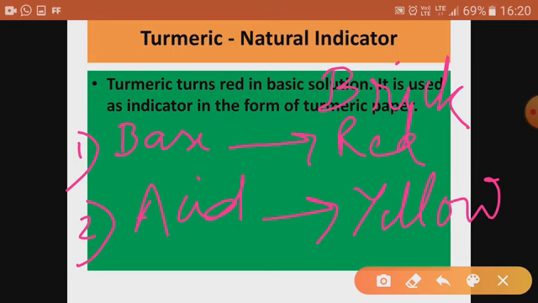So you have to learn all the indications by these indicators. As in the case of litmus paper, you know what is the change in color, and in case of turmeric, if it is a base solution and you dip your turmeric paper in the base, then what happens? It will turn into a brick red color. If it is an acid solution and you dip your turmeric paper, it will remain yellow only. So this is how with the help of color indications, indicators tell what is the basic nature of that particular substance.